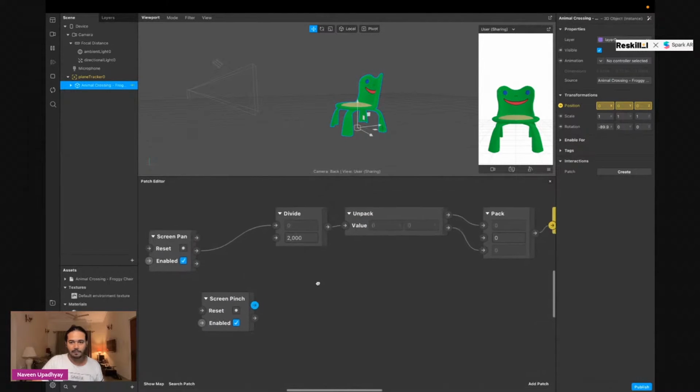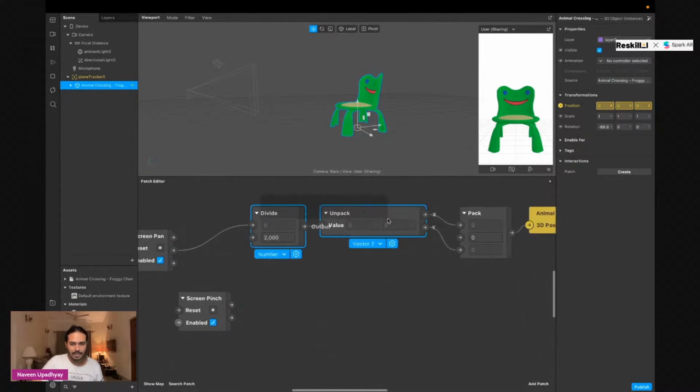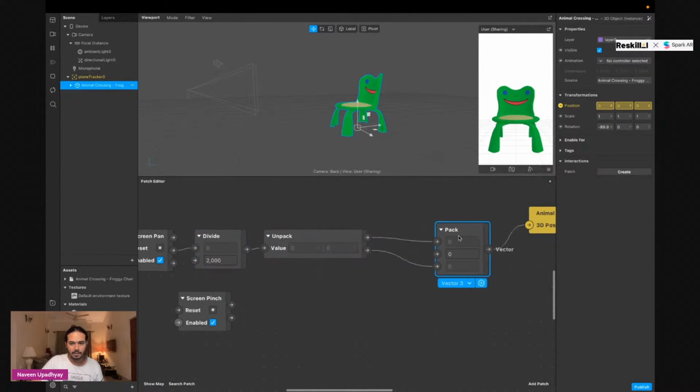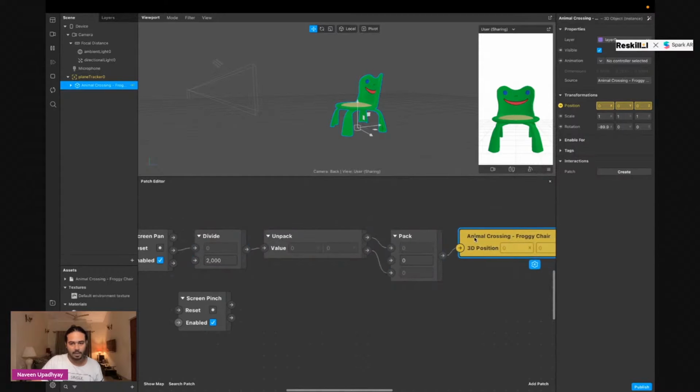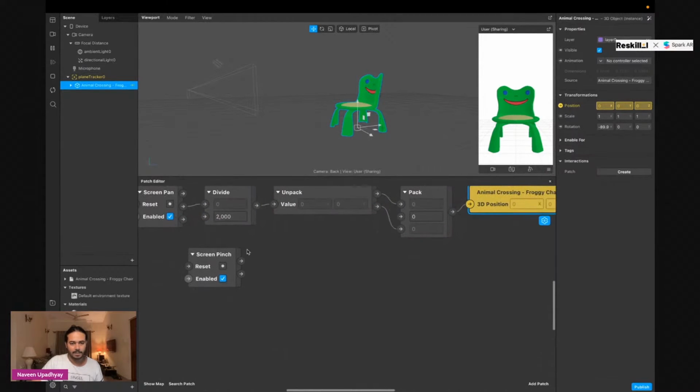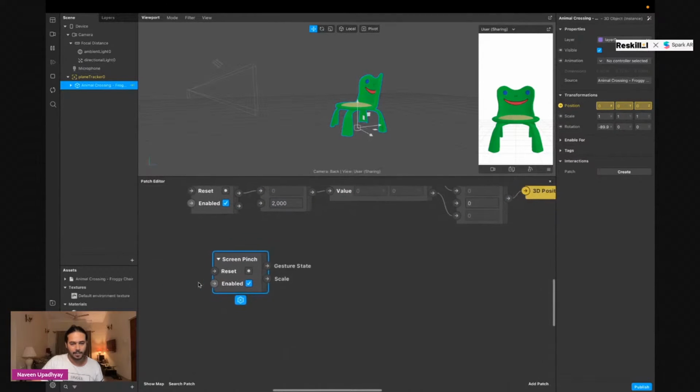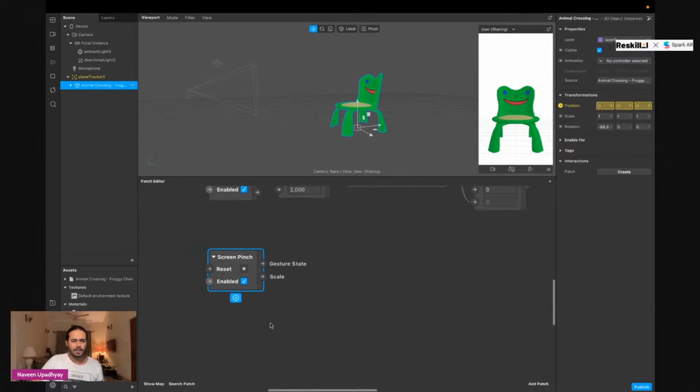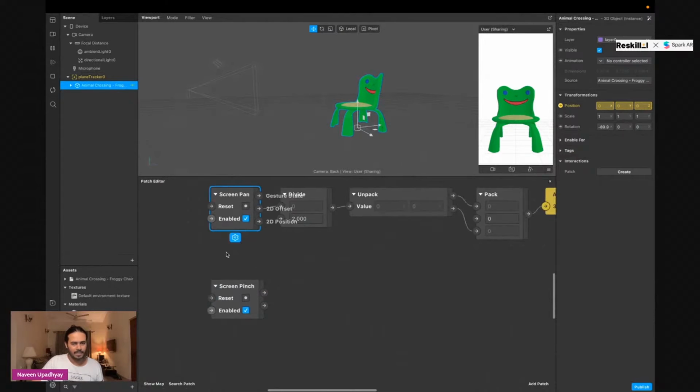because in our effect we want to move, we want to scale, we want to rotate, we want to do everything. So we're going to keep this. We're not going to delete it because we're done with it. We're going to keep it, and we're going to move on to work on a screen pinch. On a screen pinch, there is a reset and enable, the same input that our screen pan had. The position can be reset if you pass a pulse to reset,